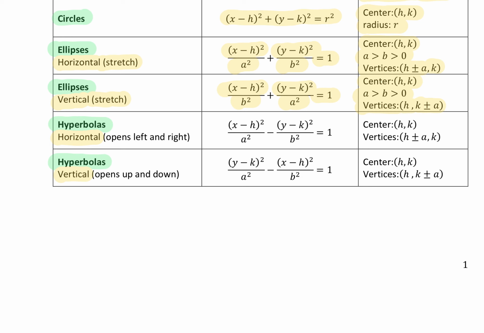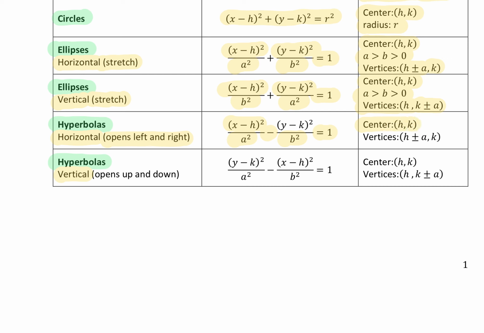Hyperbola, horizontal, is going to open left and right. And unlike the ellipse, when we talk about the hyperbola, instead of having a plus in between, it has this minus. So it doesn't really matter in a hyperbola which denominator is larger, not like the ellipse. What matters is what comes first in the subtraction. In a horizontal hyperbola, the x comes first. Again, it doesn't matter which of a squared or b squared is smaller or larger. It just matters which comes first in the subtraction. If the x comes first in the subtraction, and again, this is equal to 1 like the ellipse in standard form,